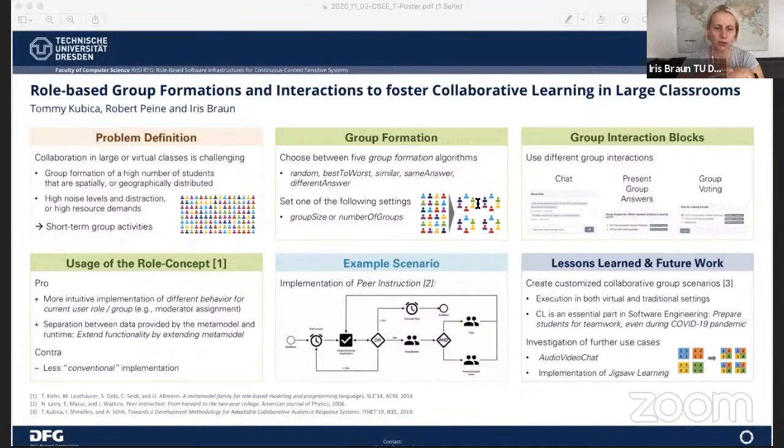So our approach allows, for instance, moving peer discussion as a teaching concept, peer instruction, into the virtual space. In peer instruction, you have a first introduction to a topic, then you have some concept tests. And if the concept test result is not so good, the students will be grouped with each other and discuss their question and their answers, and then give a joint answer. So you can use our approach to make this didactical concept